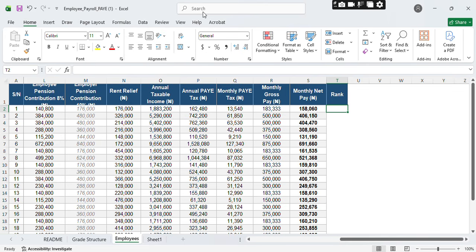So today we're going to be looking at how to rank data in Excel. There are various ways by which you can rank, okay, but I'm going to be giving you the difference as we move on now. To rank